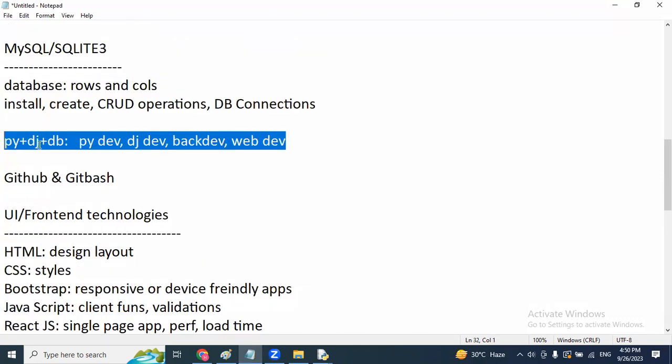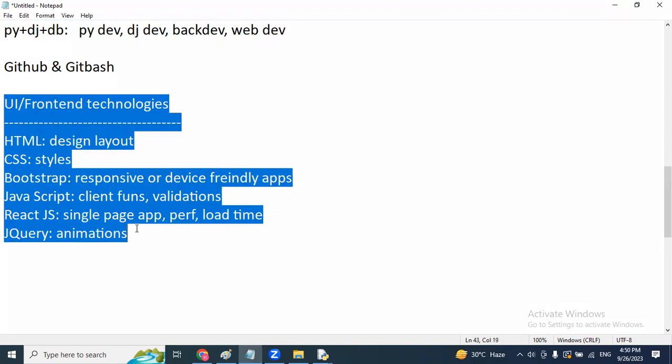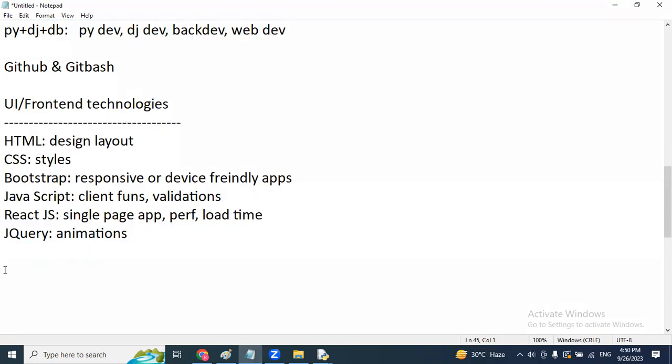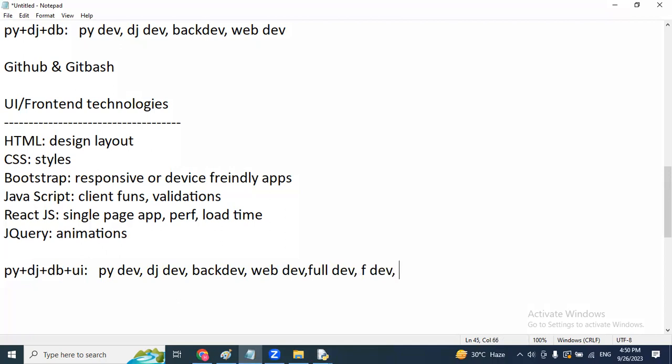But along with this, we know front-end technologies as well. Now, what kind of roles? See here, along with this, UI also. Now we'll get full stack developer, and the next one, front-end developer, and UI developer,